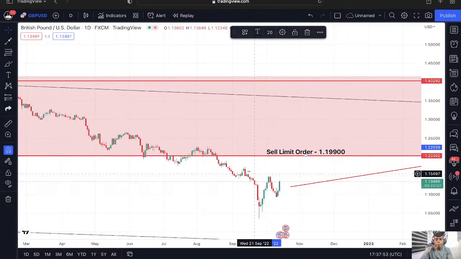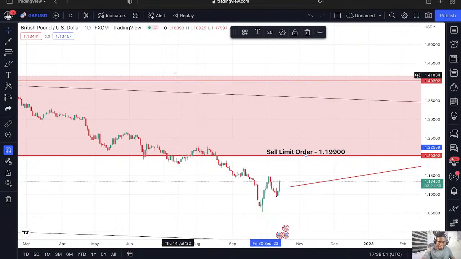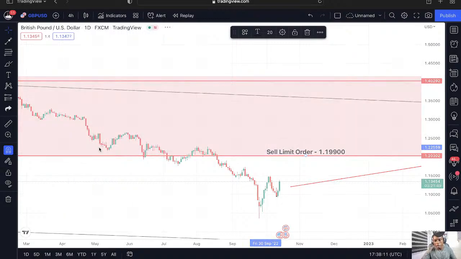And you can also buy at this level. You can buy at the current market price. Though currently the market has moved, you might want to wait for a pullback. Let's look at it in the 4 hours time frame. Okay,